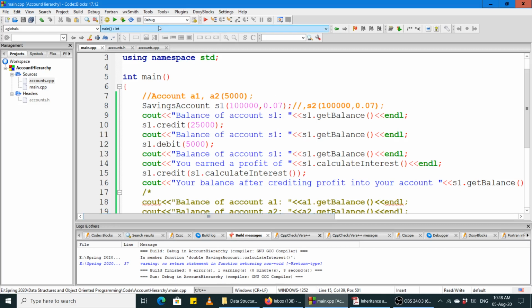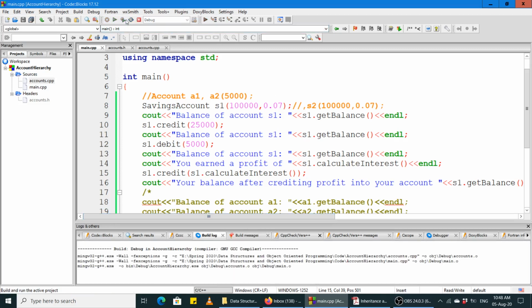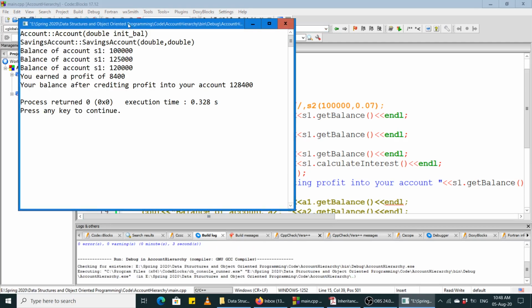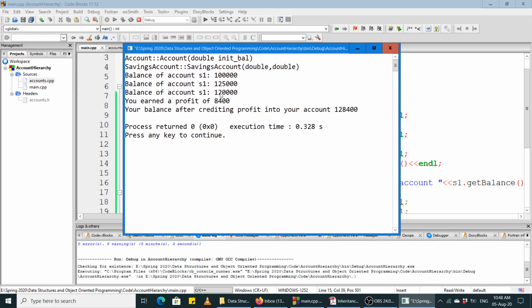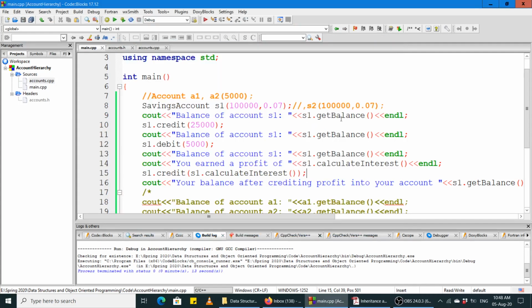अच्छा जी, अब इसको बिल्ड एंड रन करें। सो दिस इज दी बैलेंस, उस पे प्रॉफिट 8,400, और ये 8,400 जब उसमें जमा कराएं तो 1,28,400 ये आपका अकाउंट बैलेंस हो गया आफ्टर दिस थिंग, जब प्रॉफिट उसमें क्रेडिट कर दिया जाता है।